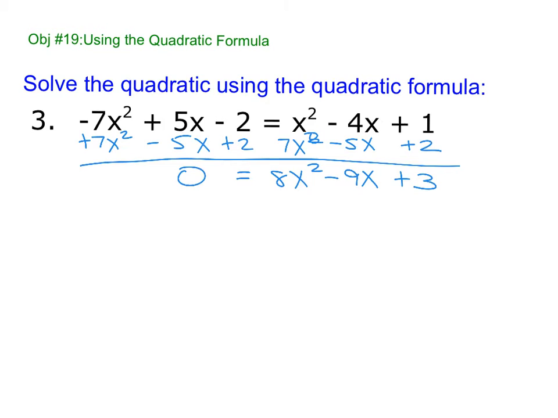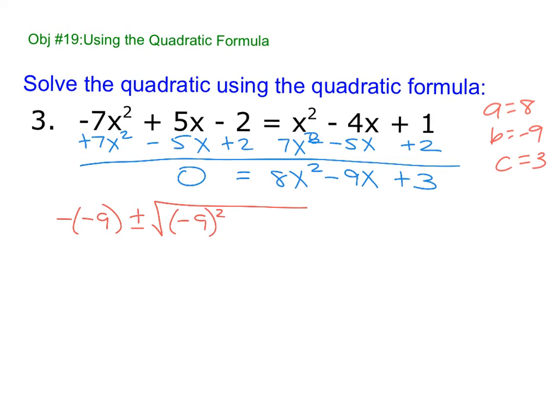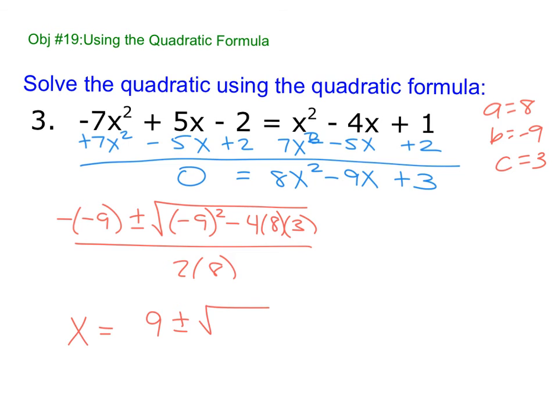All right, so now do the quadratic formula with that. So now that I have this, my a is 8, my b is negative 9, and my c is 3. So negative b, negative 9, plus or minus the square root of b squared minus 4ac all over 2a. I know you like my singing. So I ended up getting 9 plus or minus the square root of negative 15 all over